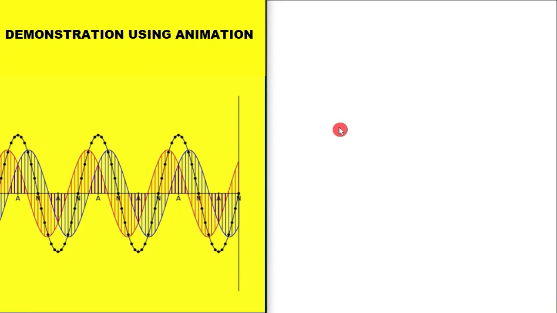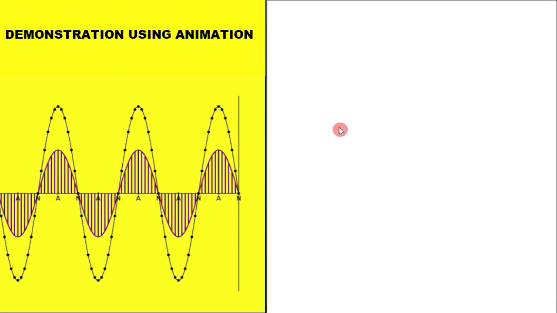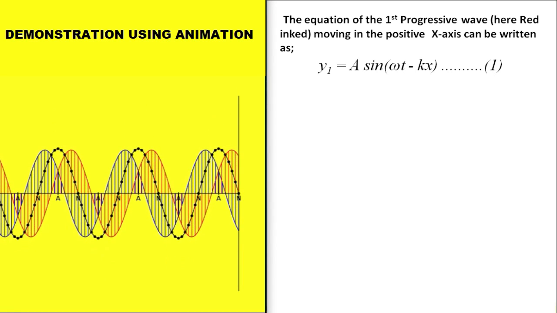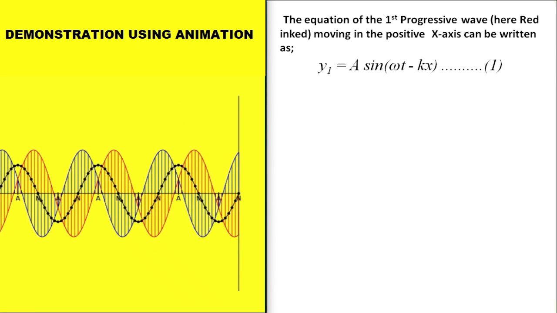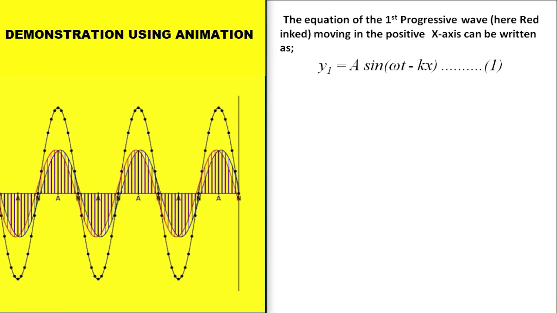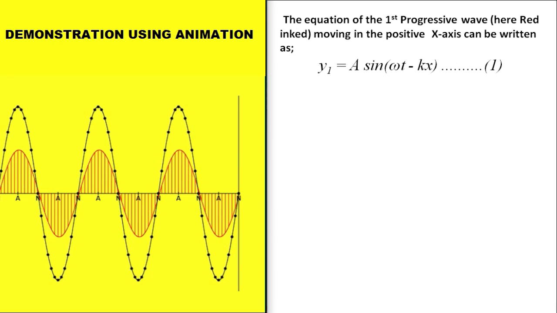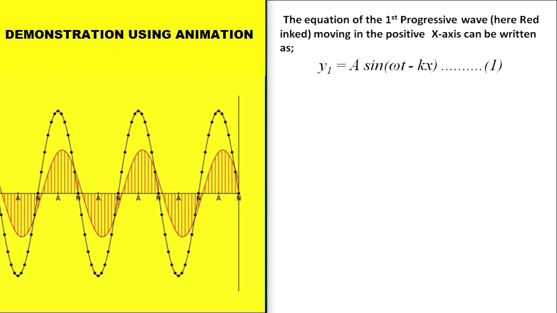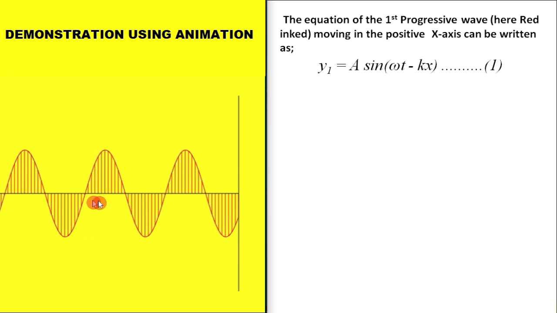Let us start. We will go through the mathematical expression and the understanding from the animation simultaneously. I was talking about only the first wave, which was coming from that direction. I am just erasing these two waves, the reflected wave and the standing wave. Later on we can watch them again. Now see only this red wave.